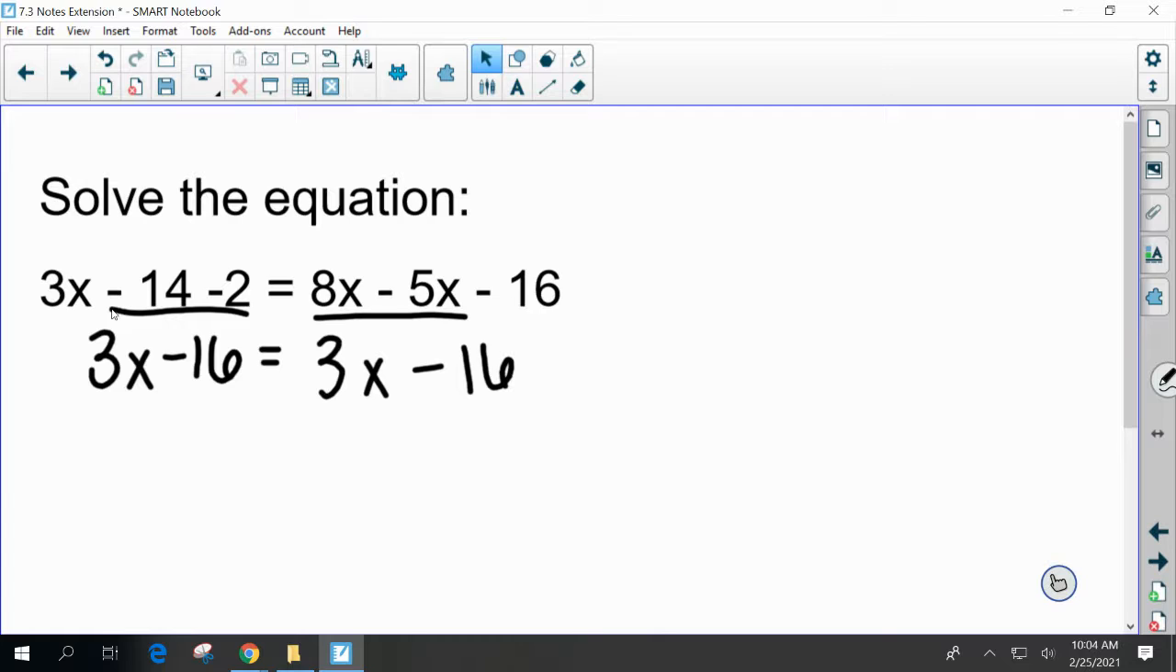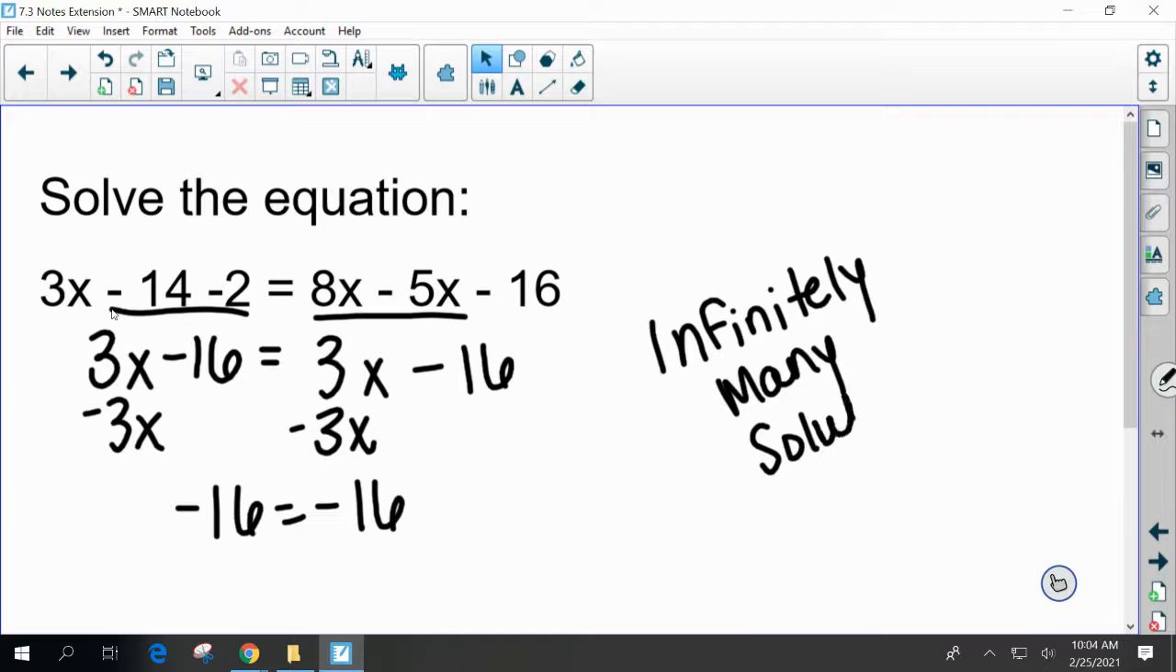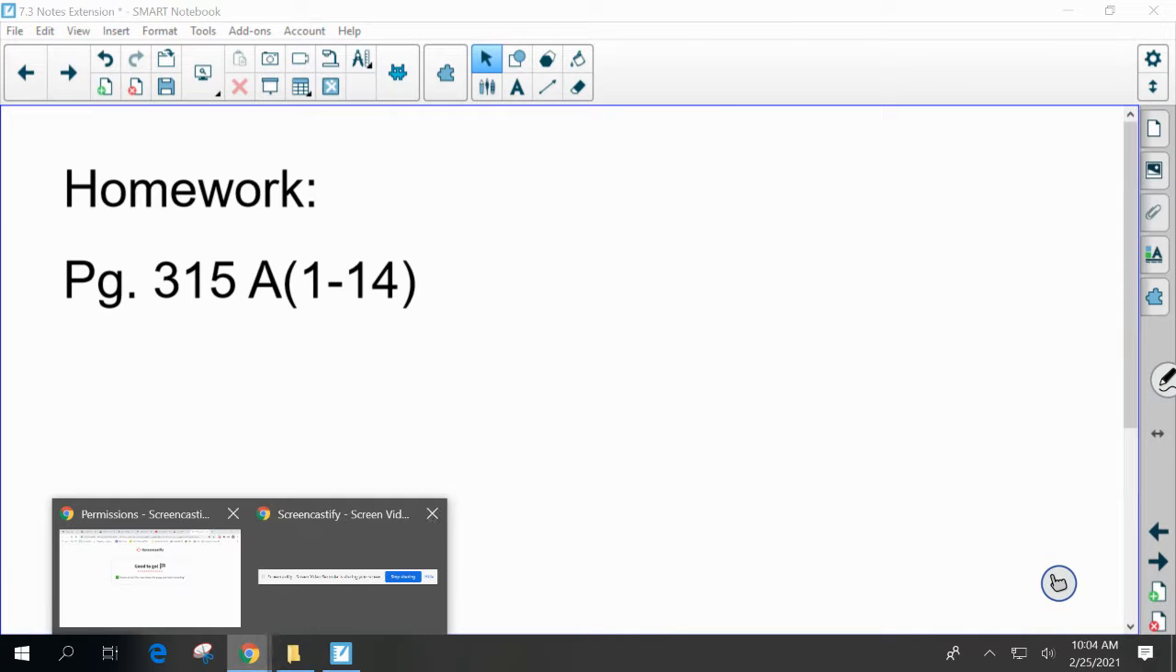And so at this point, you probably would notice that they're the same. You could also subtract 3x and end up with negative 16 equals negative 16. Okay, so this is infinitely many solutions. And this is your assignment for this